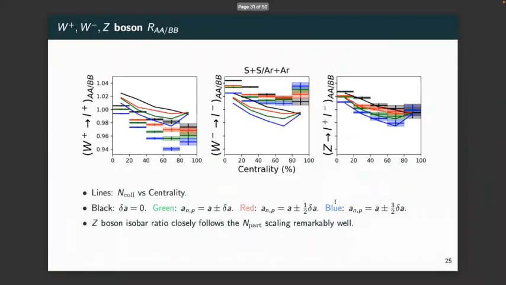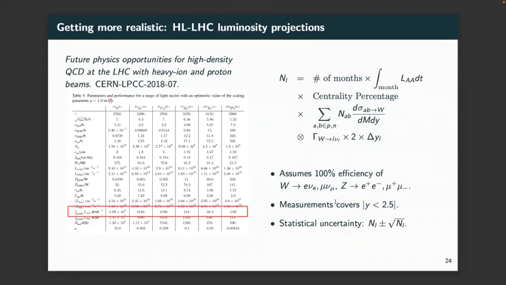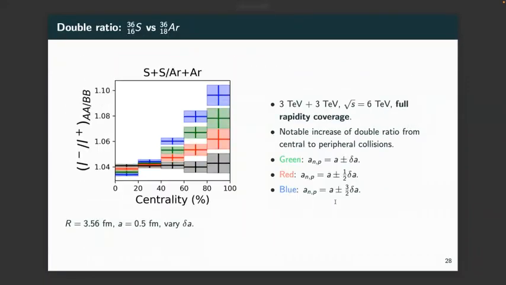I just have the A number, the variation, the diffuseness. So for sulfur, that's 1.620. This green line corresponds to varying the diffuseness by plus minus 0.1 Fermi. The neutron skin I have to